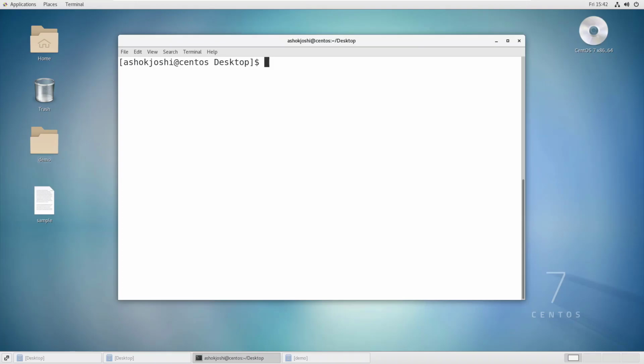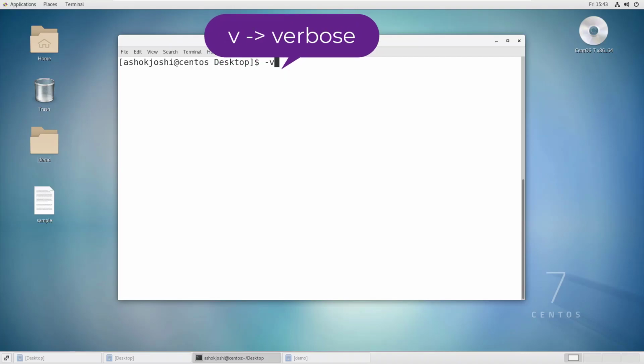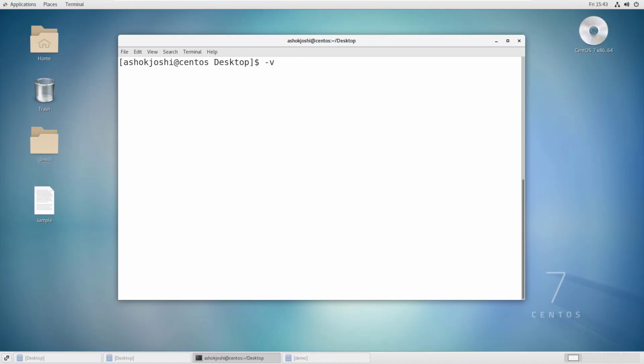In this example, I will show you verbose. There is an option called -v, which stands for verbose, and this basically explains what is being done. Let me create one file here called test. And now I will write mv -v sample and test.